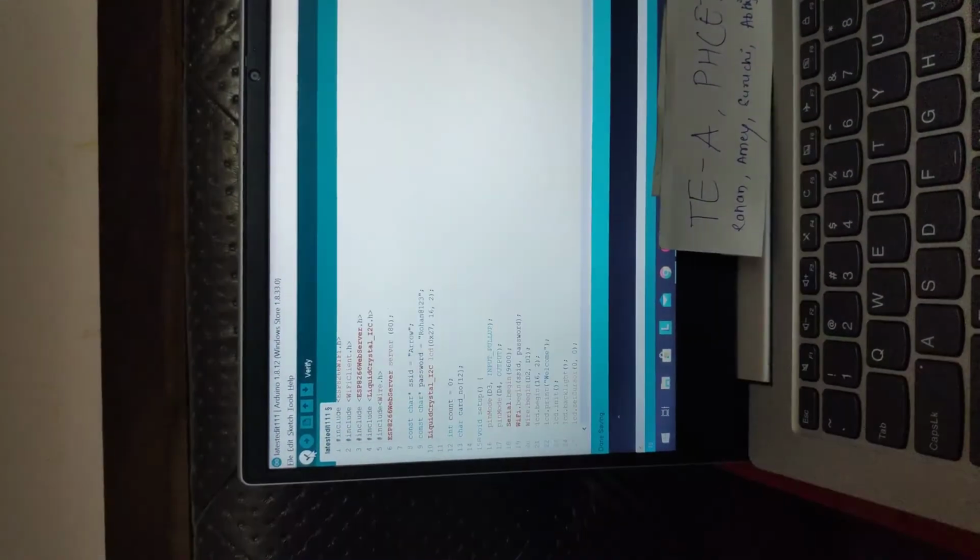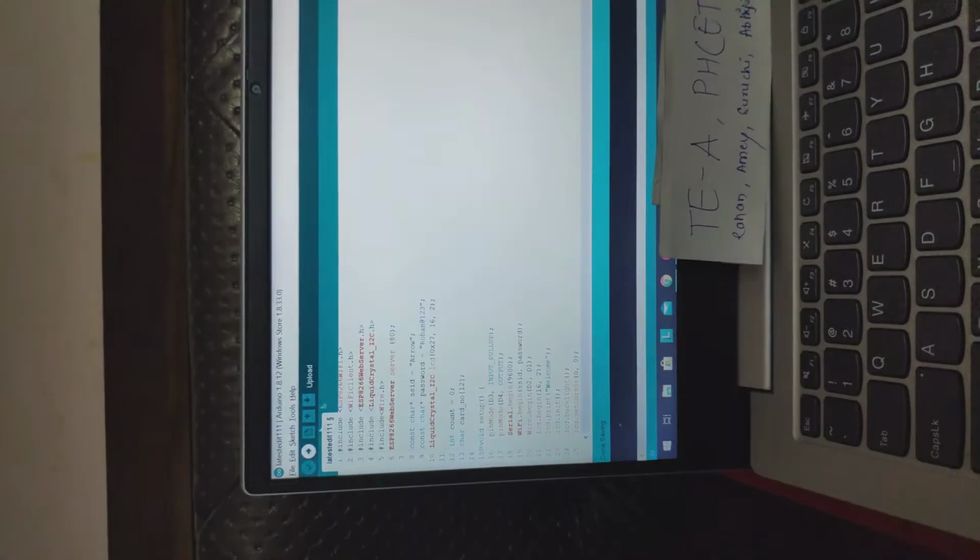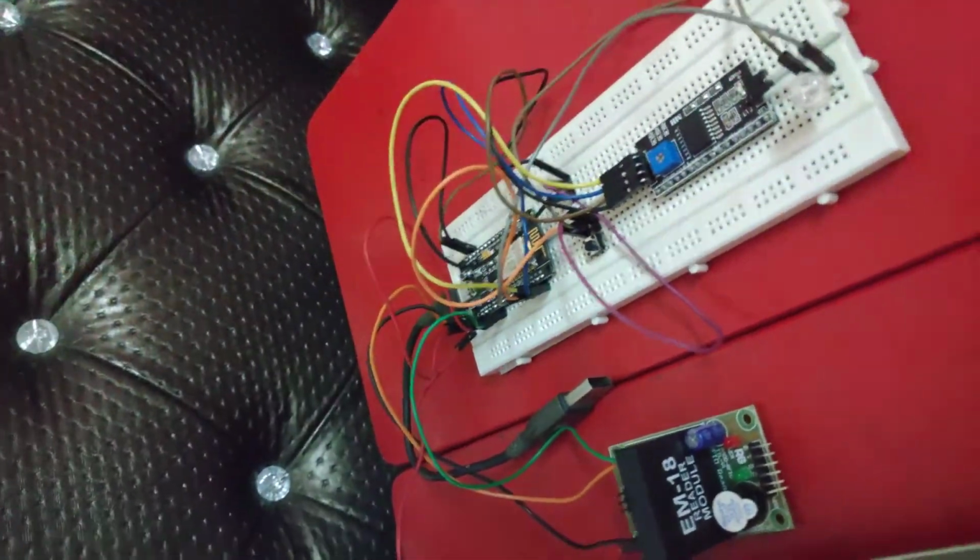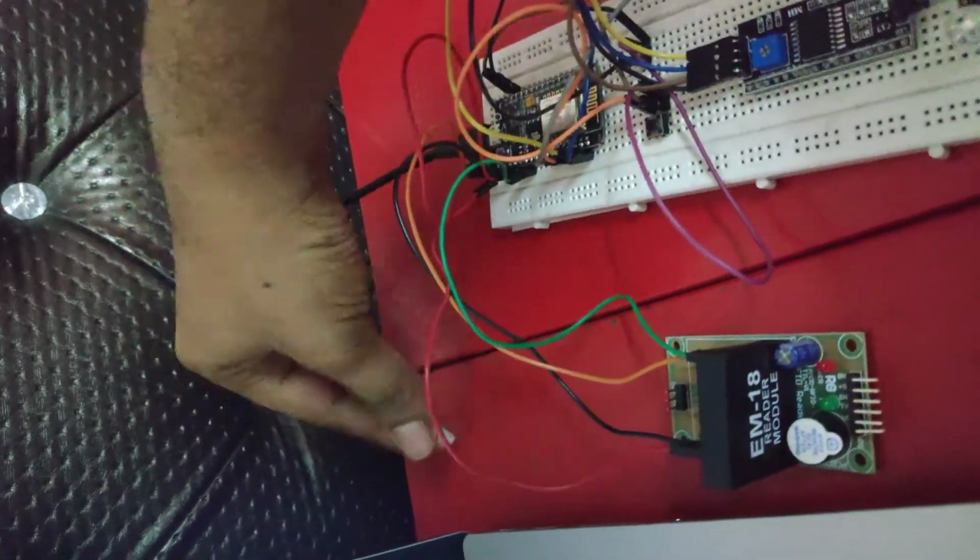Let us now compile and upload this to our Node MCU.